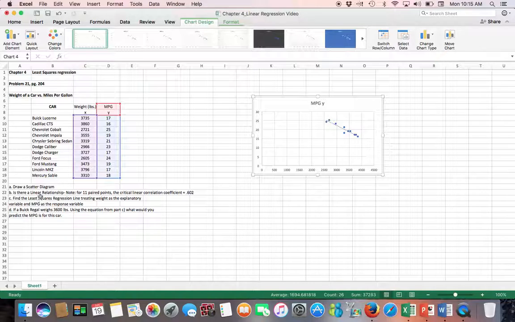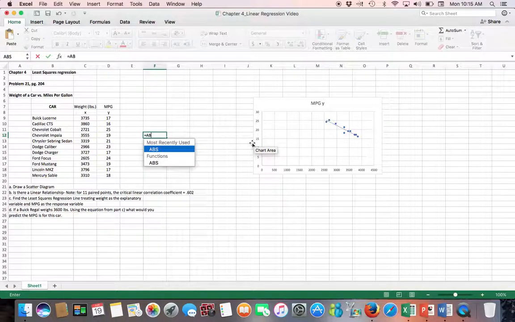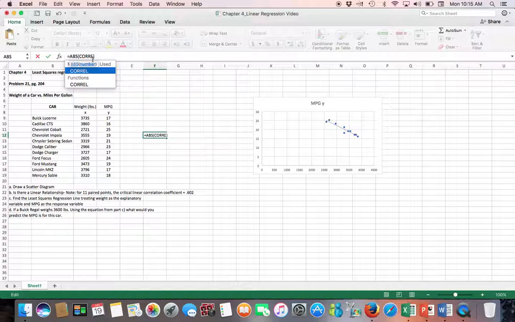Part B asks, is there a linear relationship? And so what we have to do is use the correlation coefficient and check it against the critical linear correlation coefficient, which happens to be 0.602 for 11 data points. Now, we're really interested in the magnitude. Since this is negative, I'm going to hit absolute value, which is ABS, and I'm going to come in here and put correlation,